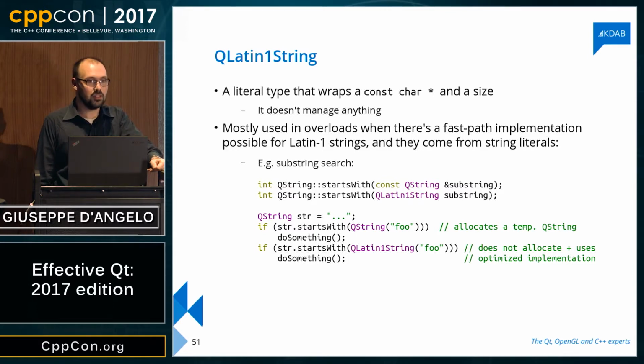Yep. QLatin1String has virtually zero overhead. Actually, it has zero overhead because it just passes a pointer and a size and nothing more. And we can do some serious optimizations in the code of startsWith for Latin1 strings. Yep. If you're curious, ask me, but basically on good processors this boils down to a loop around a couple of processor instructions. It's just a SIMD unpack and comparison.